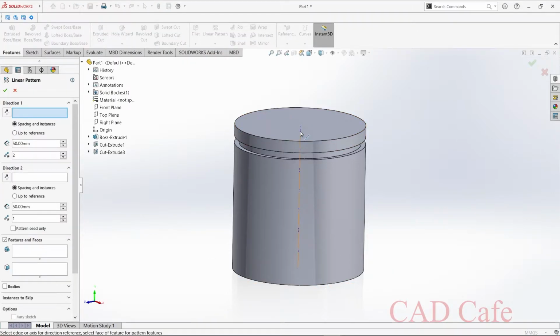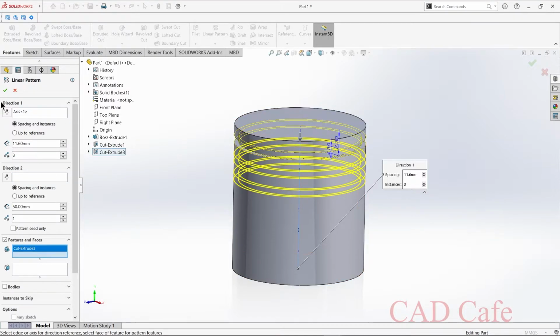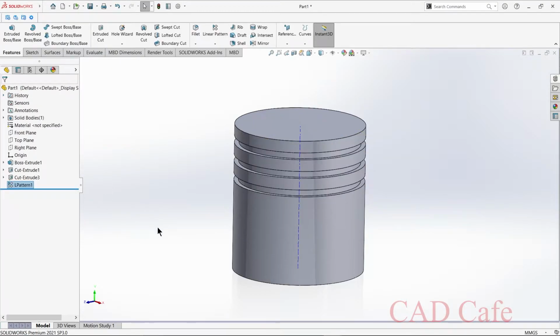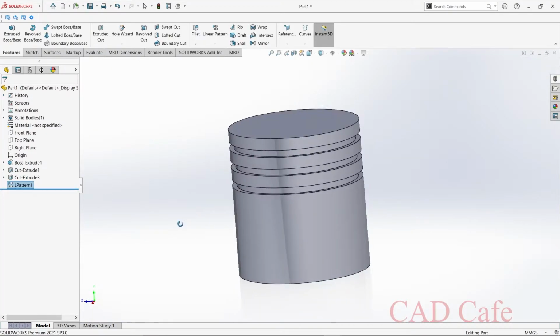Select the temporary axis as direction 1 and make this distance 7.3 plus 4.3. Okay, instances 3, and from here select features and select cut extrude 3 and select OK. See, it's done.